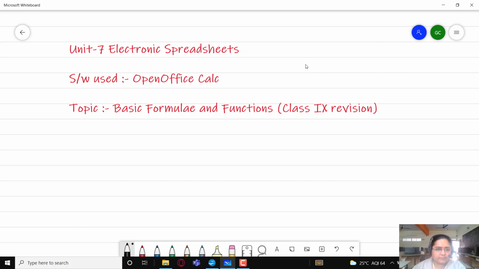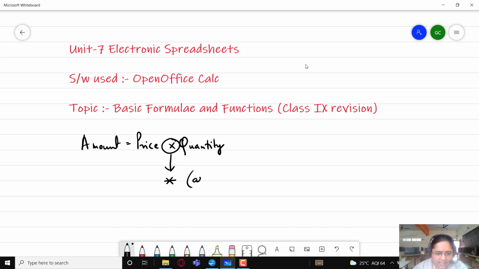So in order to calculate the amount, we multiply price by quantity. Here in Excel, instead of using the multiplication symbol, we will be using this symbol, which is actually an asterisk sign.